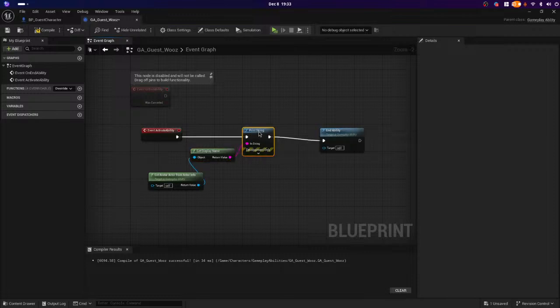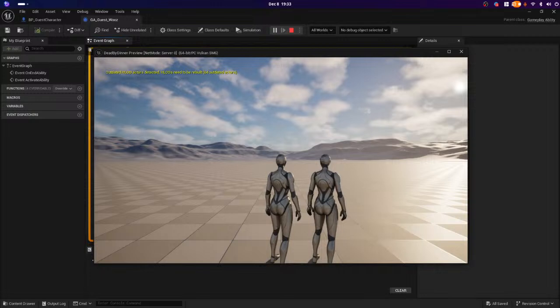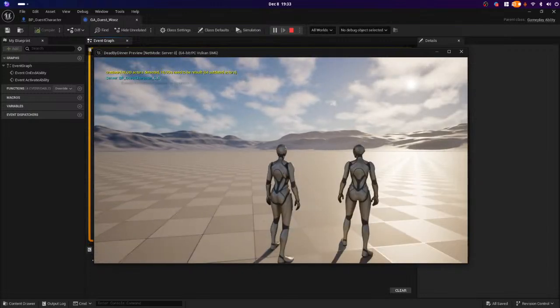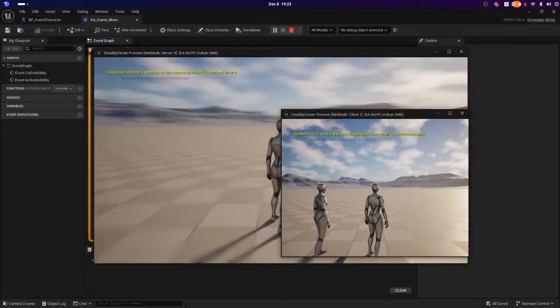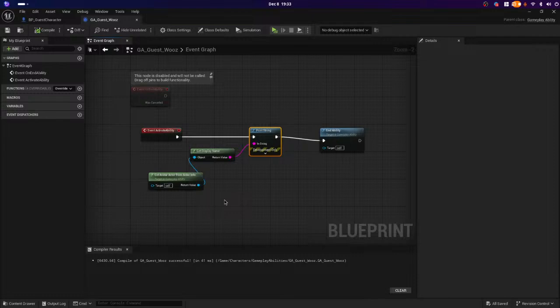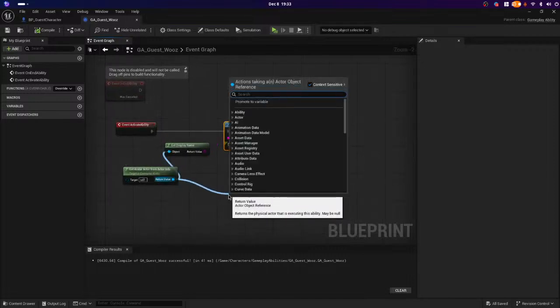Nobody will expect that, right? Compile, save, go. Huh. All right. So that's the character. So for the in here, I should be able to do